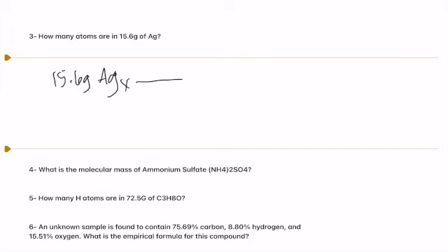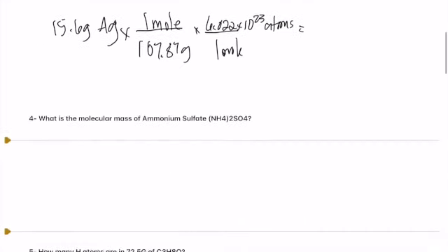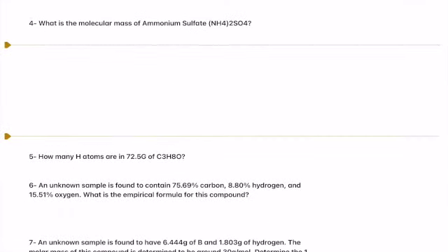So we find it on the periodic table, and we get the atomic mass of silver, 107.87 grams per mole. And then we use Avogadro's number to get rid of moles. 1 mole has 6.022 times 10 to the 23rd particles, in this case atoms. You'll do your multiplication and then division, and you'll find your solution. Do be careful of significant figures there.